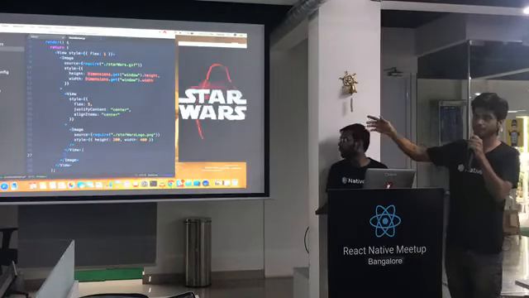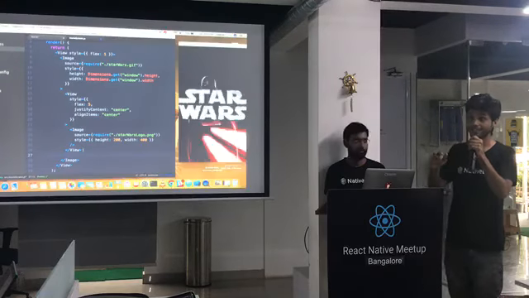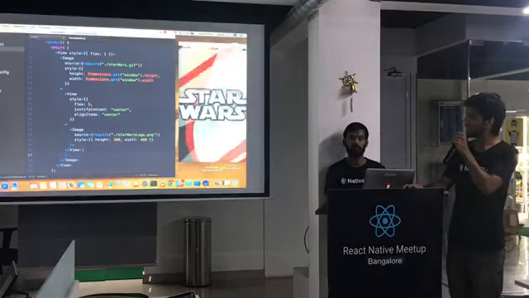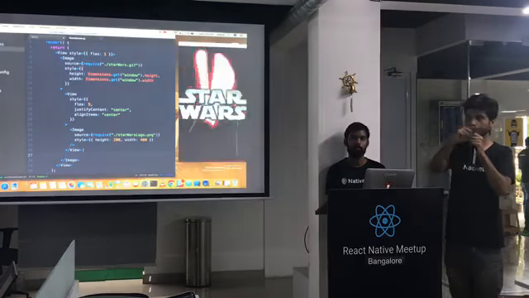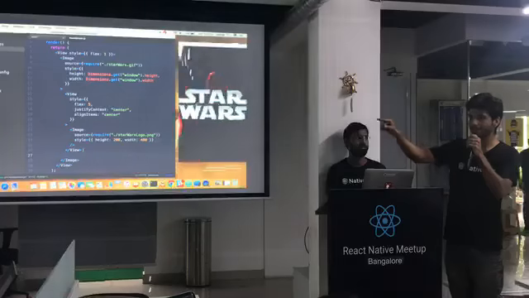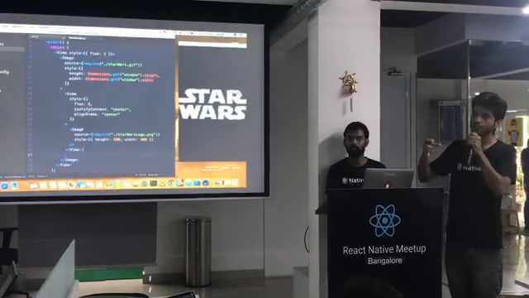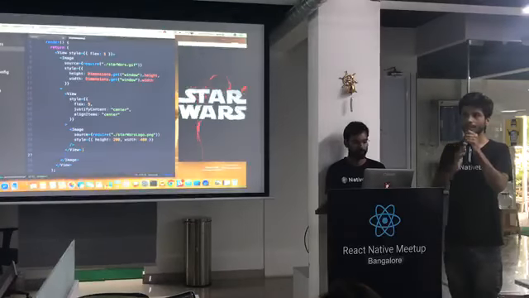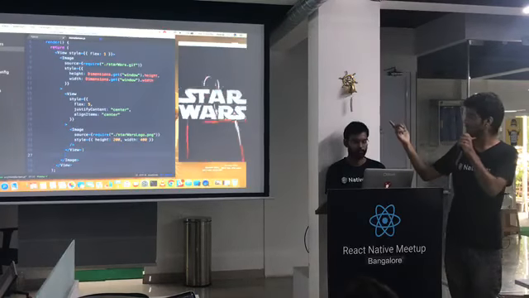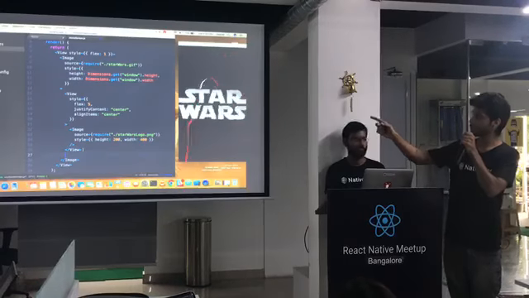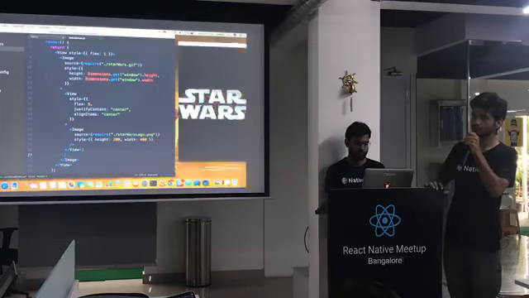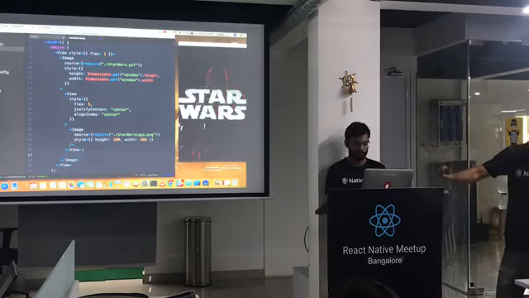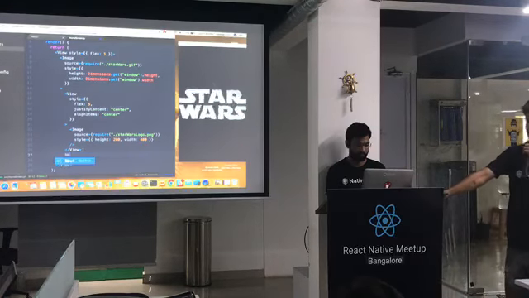And along with flex, we also have some other properties like flex direction. So how would you like to arrange the items, like maybe horizontally or vertically? And apart from that, justify content tells you how your components, in whichever direction you're aligning them, would look. Should they be at the top or bottom or at the center? Same goes for align items. So this is for vertical and horizontal alignment. So in our case, we'd like the logo to appear exactly in the center, so we've given center for both justify content and align items. I hope this is clear. Next, we are just going to add one button, and that would be it for our home screen.